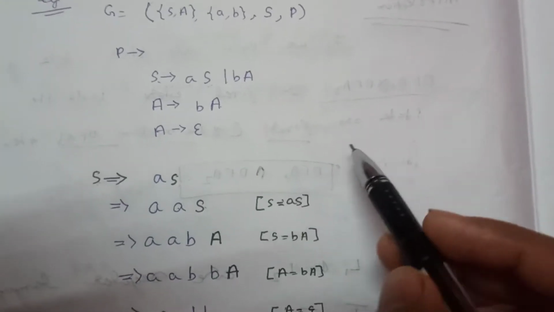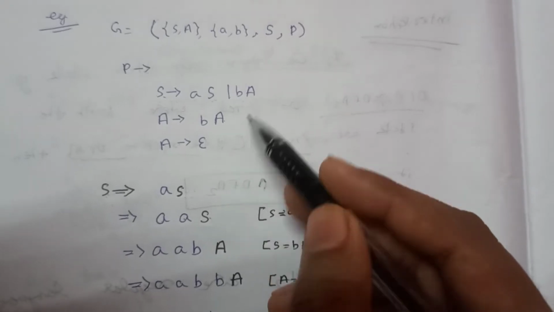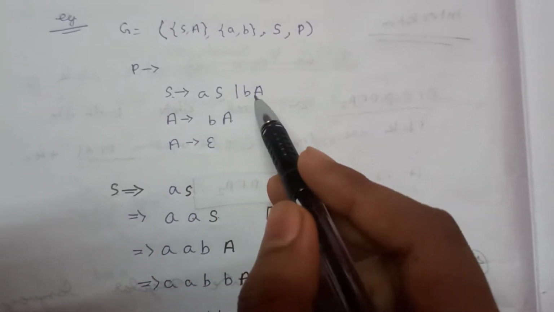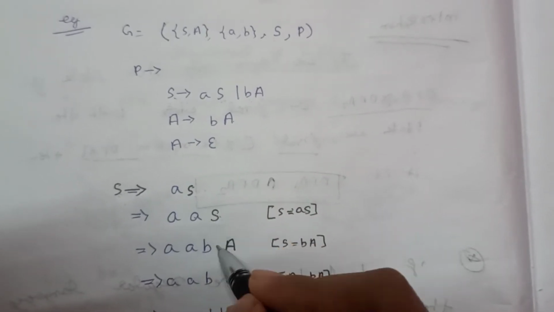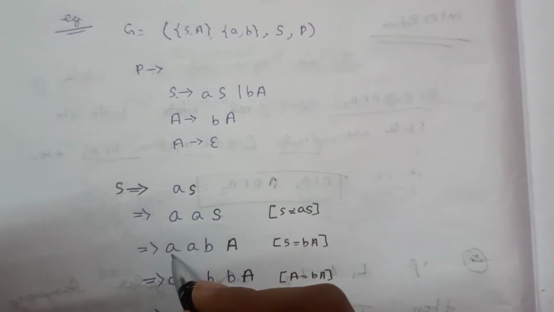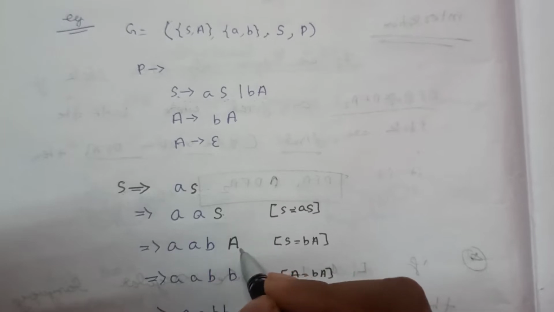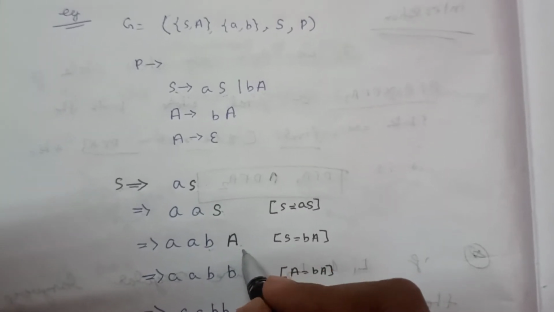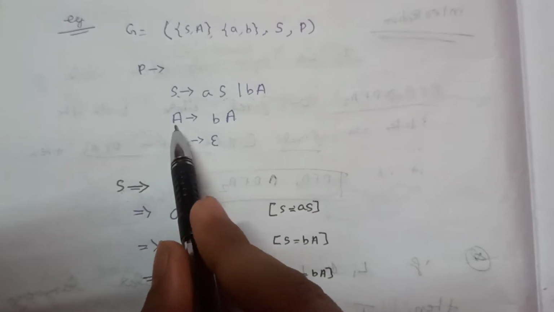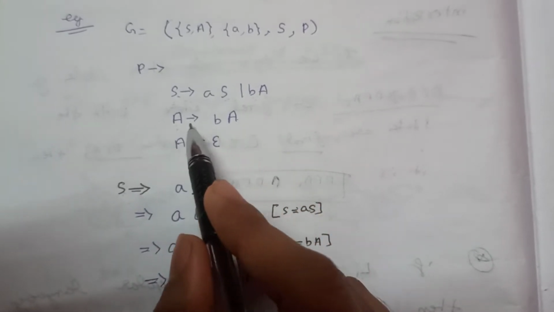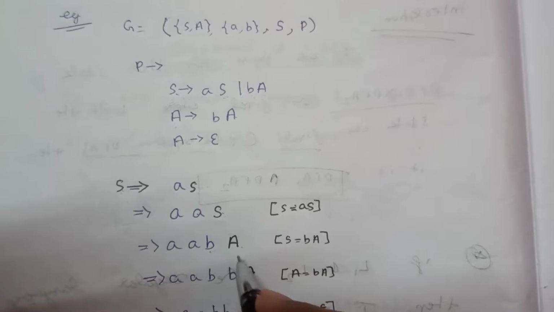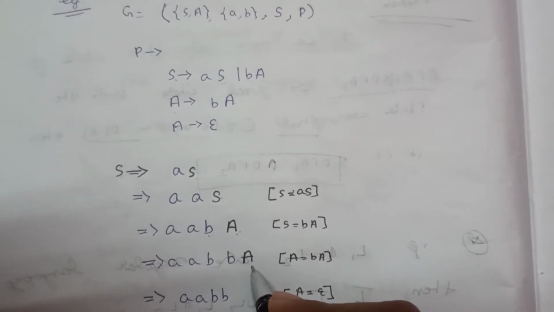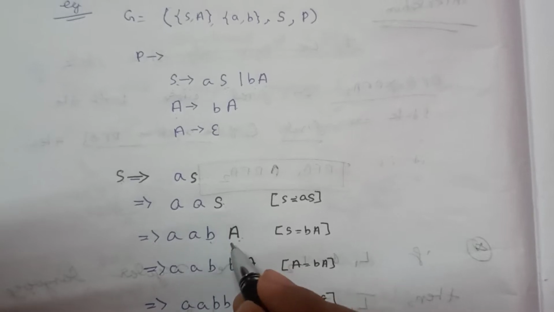For now I am taking bA, this production rule. So S to bA, there is another thing from S we can get. So I am now taking S to bA. So this becomes aab and S to bA. So this b becomes here and A is the thing here. Now we have to check the production rule from A. So A to we get what? We get A to bA, again A to bA. So any number of b's we can get here, any number of b's from here.